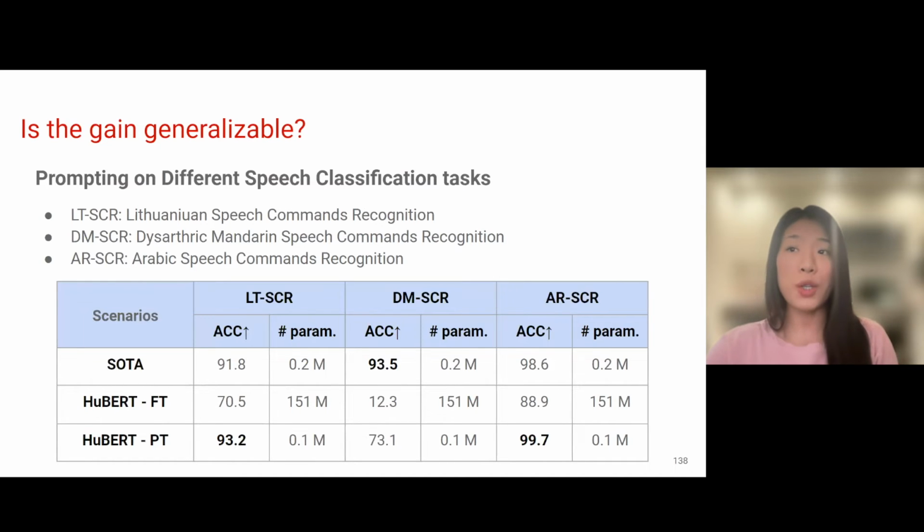We apply the prompt tuning method to another 3 speech classification tasks, including LT, DM, and Arabic speech commands recognition tasks on the Hubert representation. From the table, we can find the prompt tuning method has good performance on different speech classification tasks, which shows its generalizability. And prompt tuning significantly improves the performance over the fine-tuning baseline on all the 3 low-resource speech